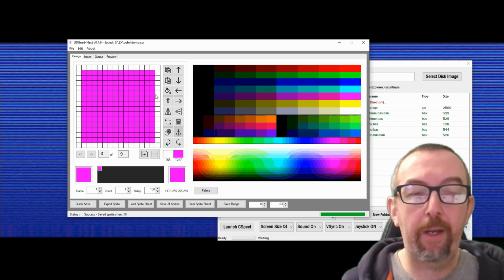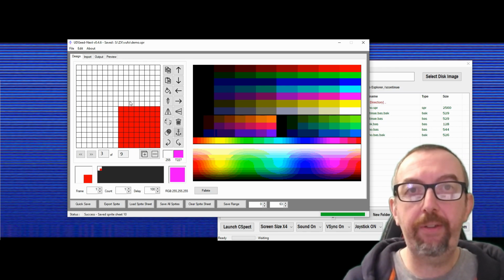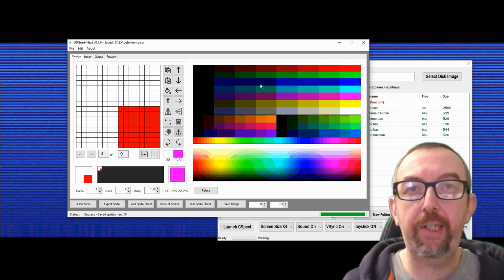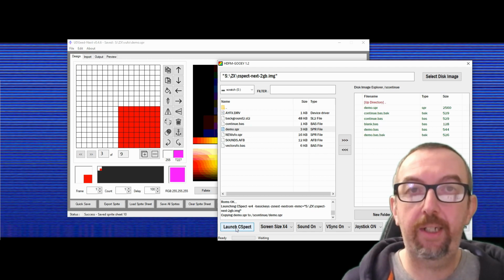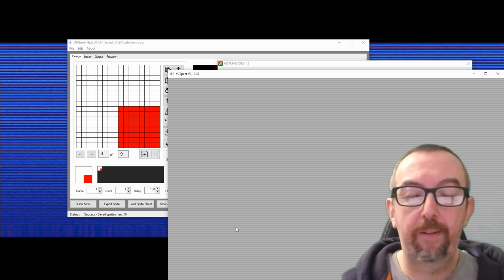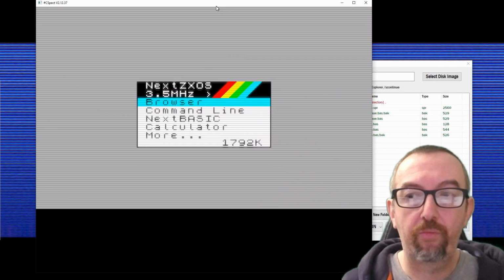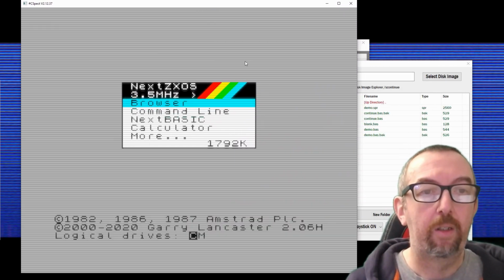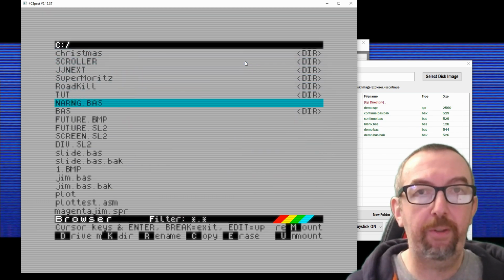So we have a box which will be showing off the bounding boxes, and then some basic colors. And the first one I've just sectioned off so that I can show things rotate and mirror when they're moving. These are already saved onto the Next image card using HDFM GUI. So let's launch ZXSpect. I'm just going to go into the folder with the project,